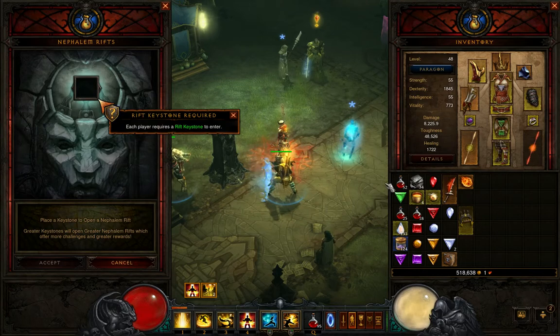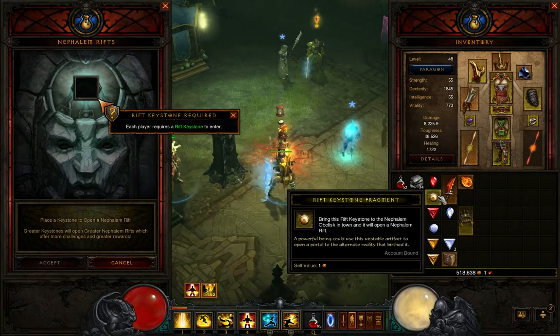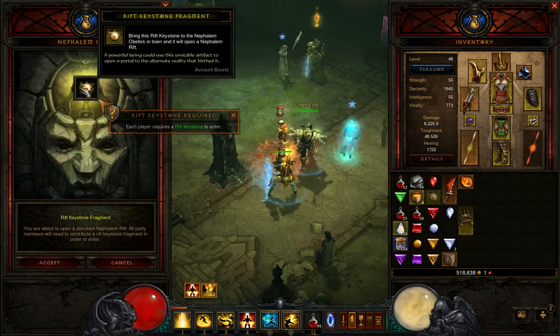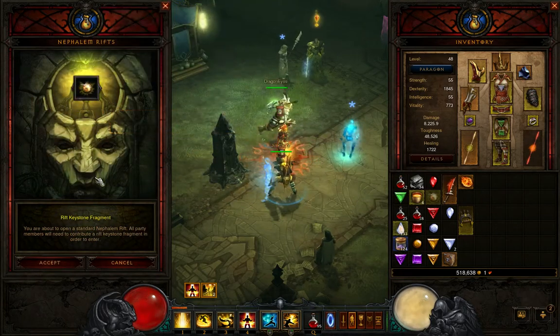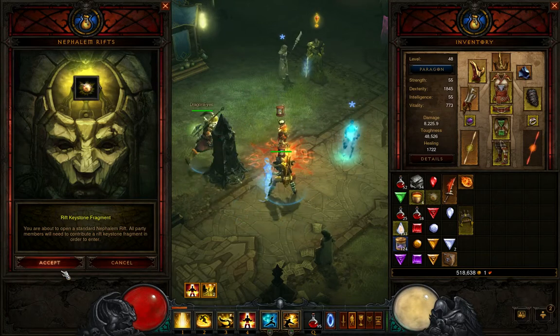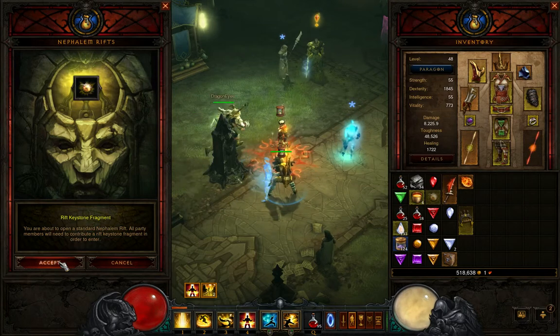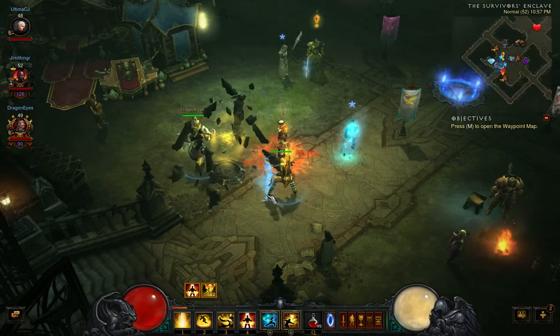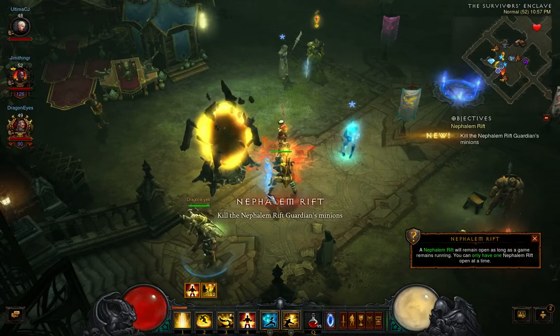Oh, it's telling me a tutorial anyways. Each player requires a rift keystone to enter. You're about to open a standard Nephalem Rift. All party members need to contribute a keystone fragment in order to enter. Right. Does everybody have one? We do. If we don't have one, we simply can't enter it is all. It'll open regardless, it's just...